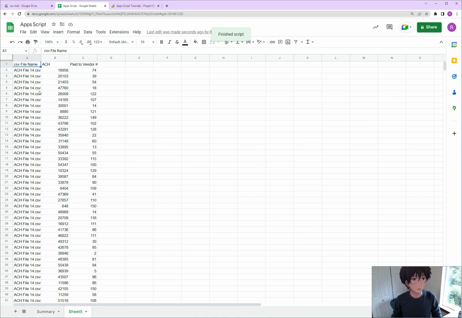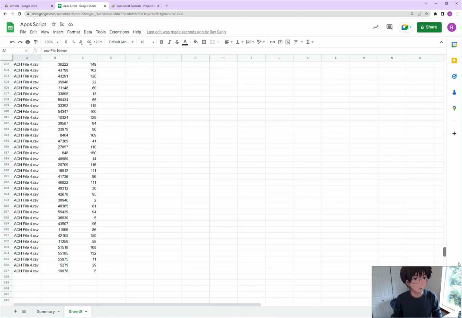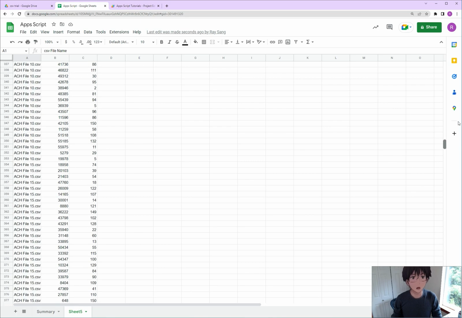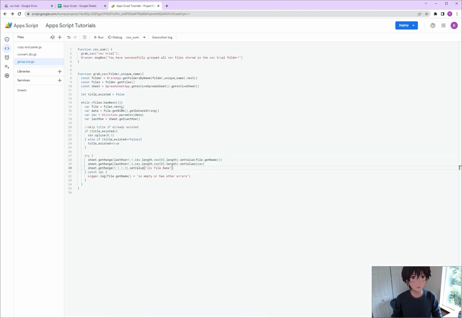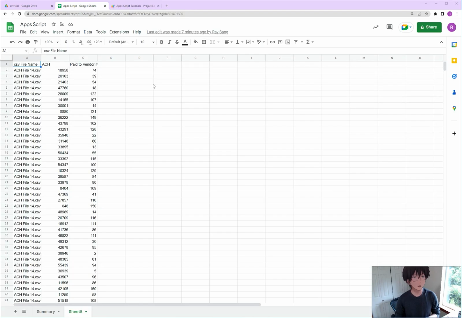And that's it, guys. This is how you can group all your CSV files all together in one go by using this app script we just wrote here. And to prove we successfully completed the task,